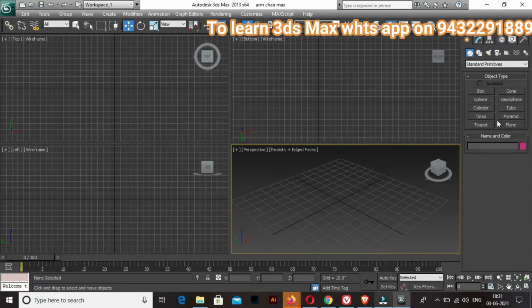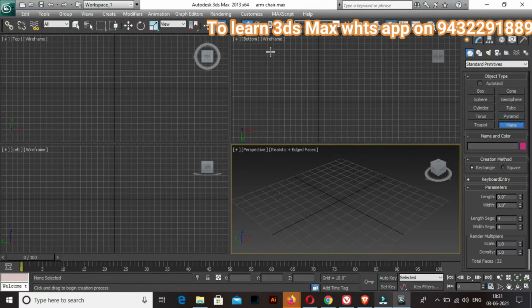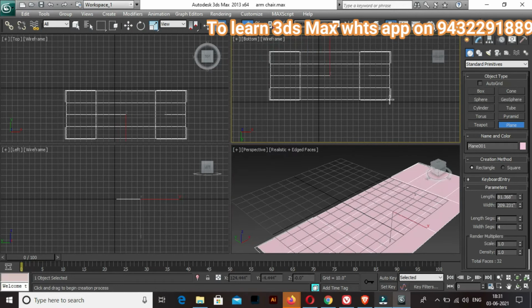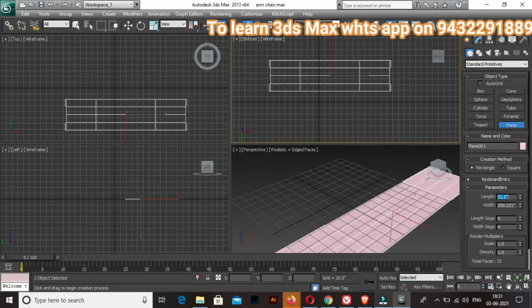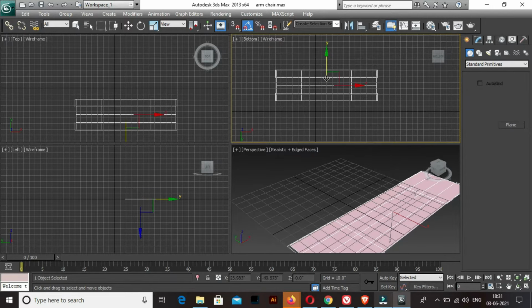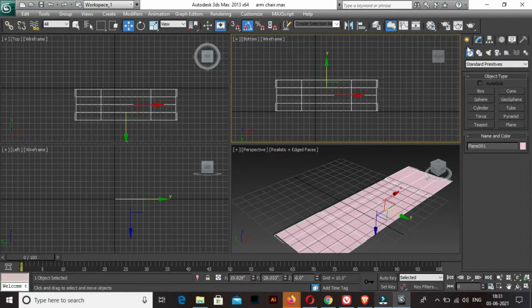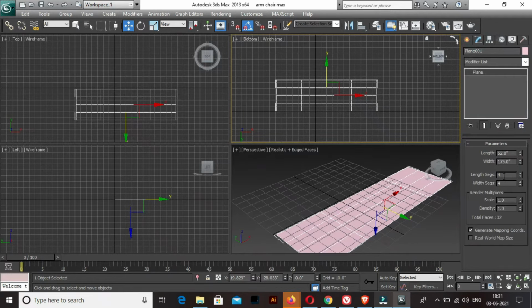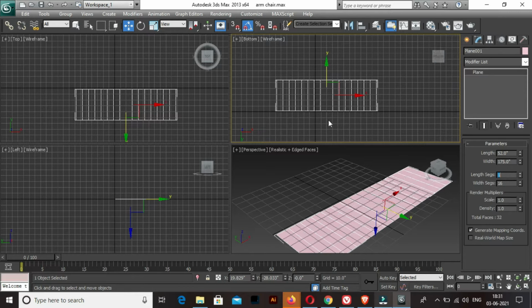तो सबसे पहले हम यहाँ पर एक प्लेन क्रिएट कर लेंगे। So I am just drawing a plane with height maybe 52 and width I'm specifying it 175. Now we will increase the number of segments. I'm going to keep it say maybe 16, and I do not want any segment in length, so I'm going to keep it 1 only.